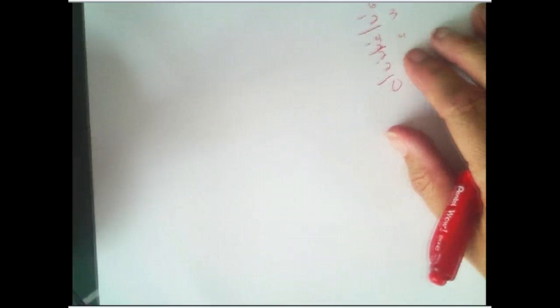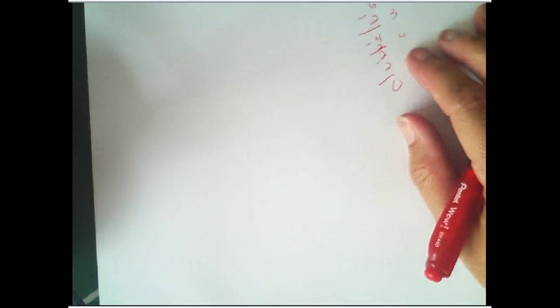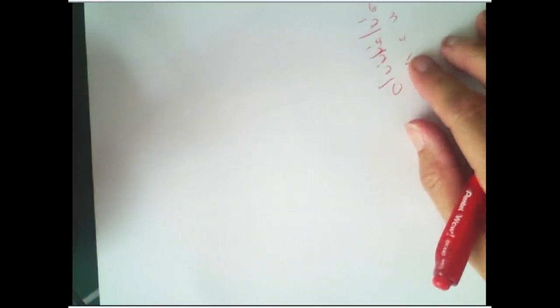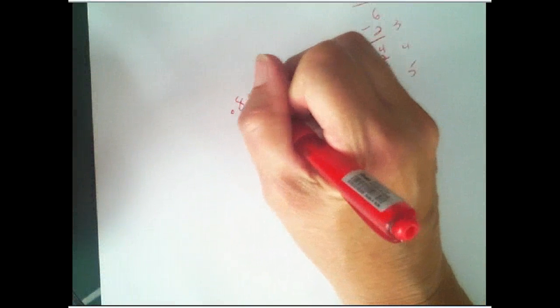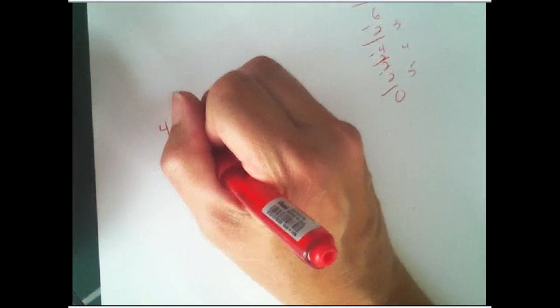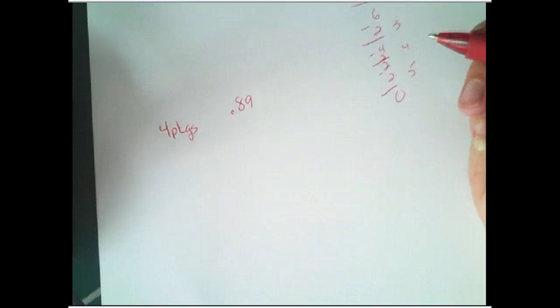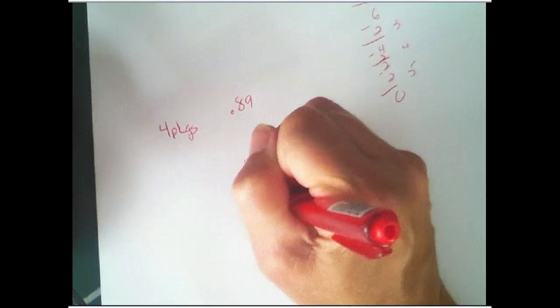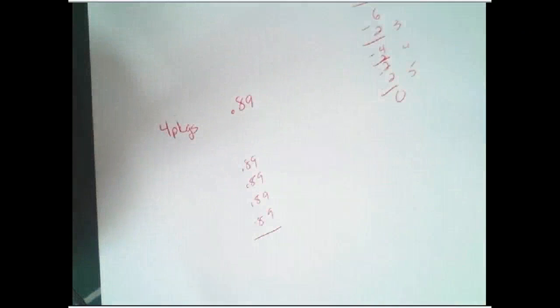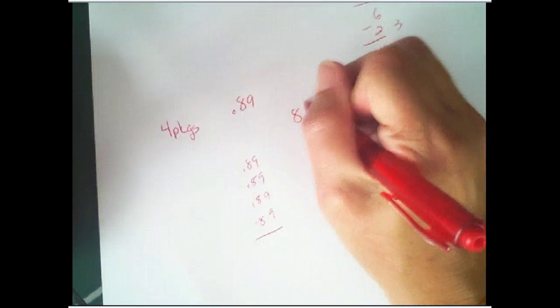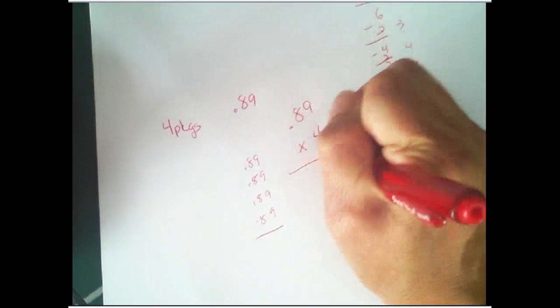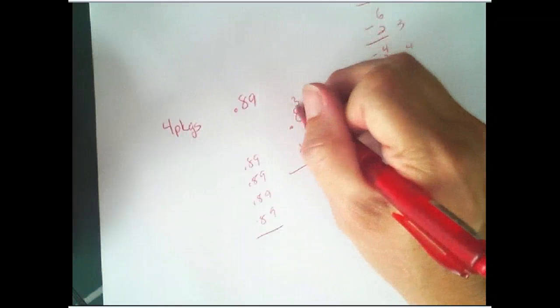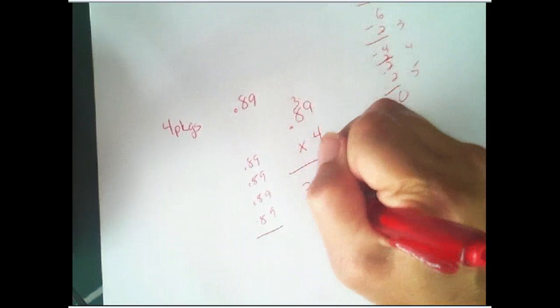I might say something like, Emily bought 4 packages of gum at the grocery store. Each package of gum cost 89 cents. So she had 4 packages of gum, and each of them were 89 cents. Now I could add 89 4 times to get my answer, or I can use multiplication and I can take 89 cents times 4 to figure out that Emily spent